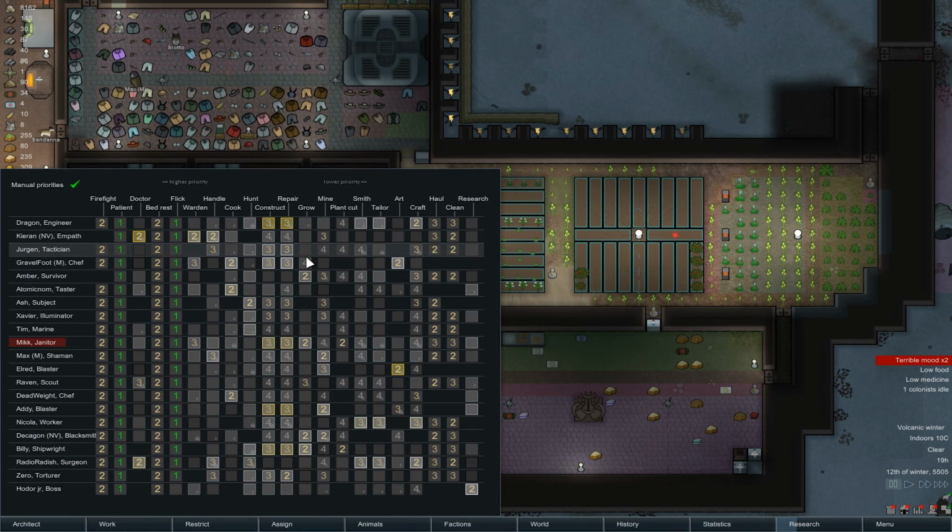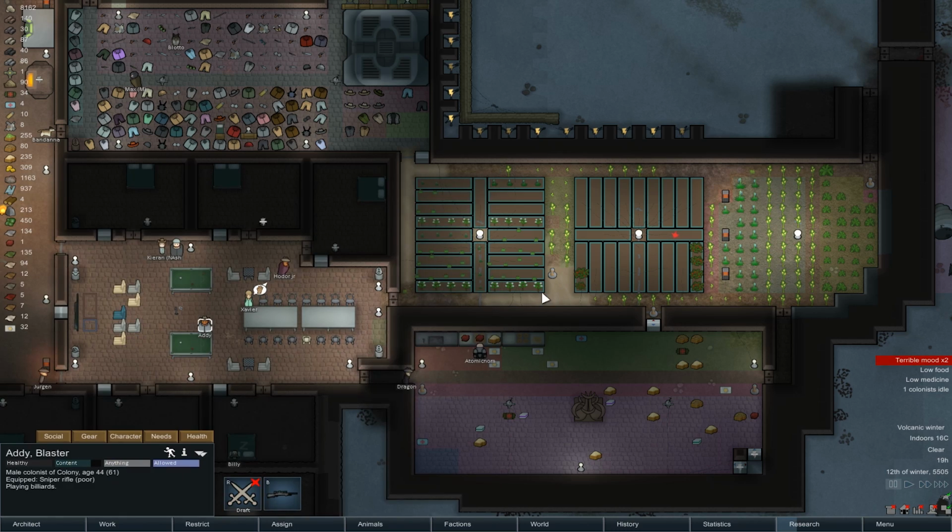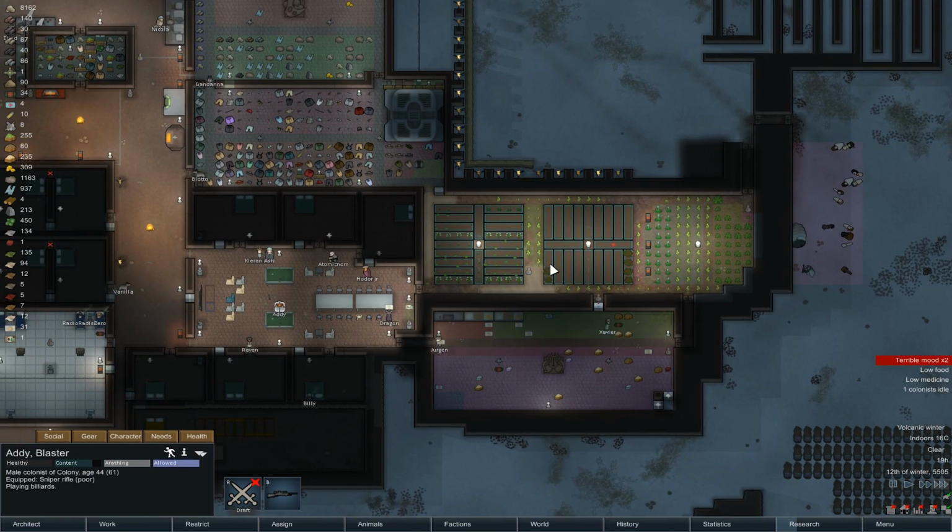Not enough planting's going on. That doesn't surprise me with Gravelfoot. That's all a bit pointless there, but... Dragon? There's no point. Dragon's too good at everything else to make her want to be on that task. I think I just need to raise these priorities so that people actually get on it, because you can see that now it's got to the point where we've got all this stuff that we could...